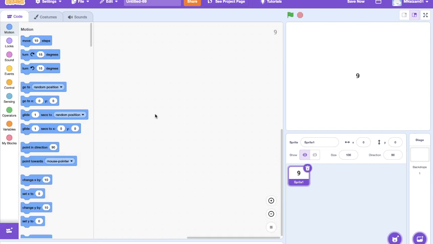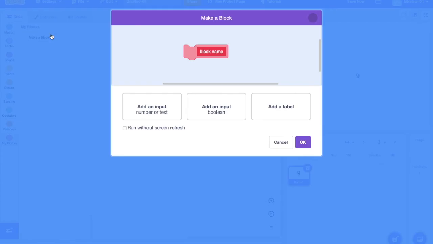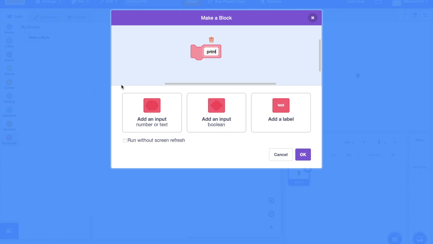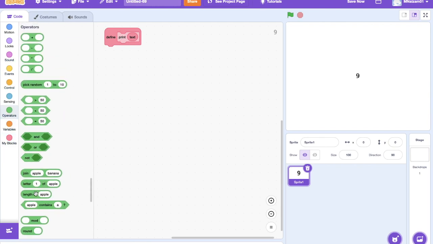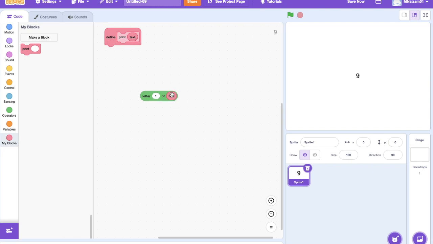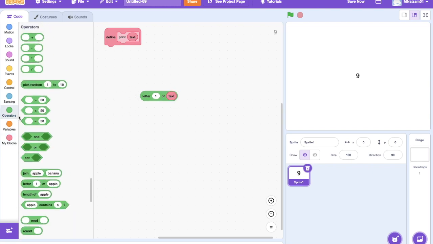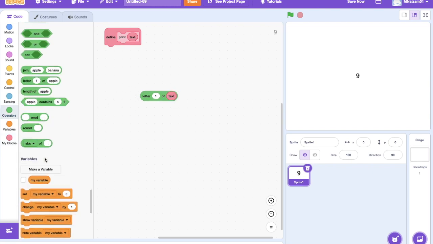Just make sure that you've got all the costumes, and now you can make a new block and call it print. Press the input button and call it text. And then what you're gonna do with that is you're gonna add in letter 1 of Apple, but we're gonna change that obviously to letter 1 of text. And then we're gonna